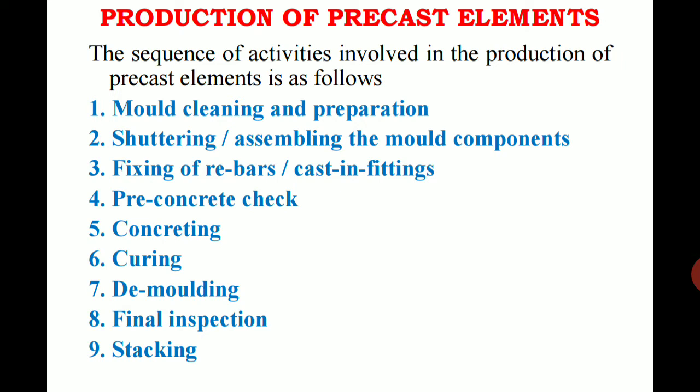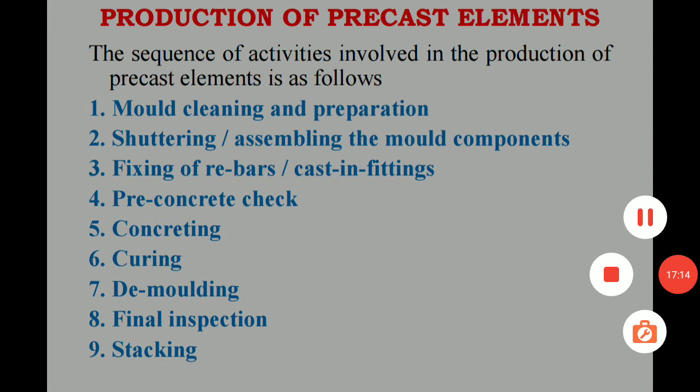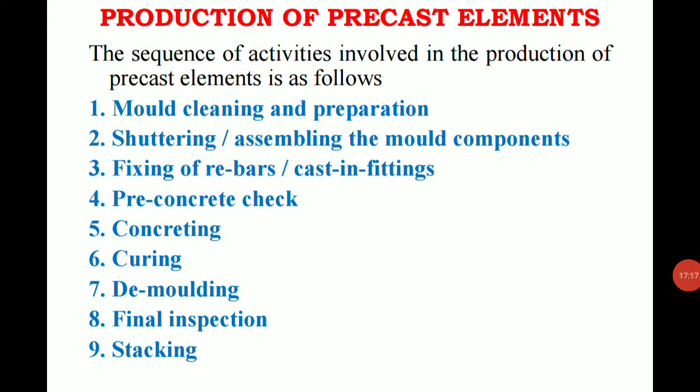And even if something, the cast-in fittings are required, for example, in particular wall portions you require certain hooks for other purposes, so all those things have been provided in the production setup itself. So we are going to provide certain openings for that, right? In the previous classes we have studied, while we are manufacturing these walls, we are going to leave certain space blank, so that it can be used as the doors as well as the windows, right? So all those openings have been provided before in the molding part itself.